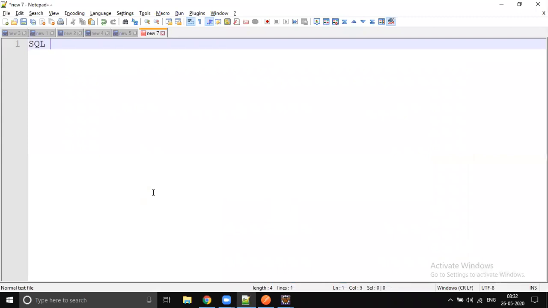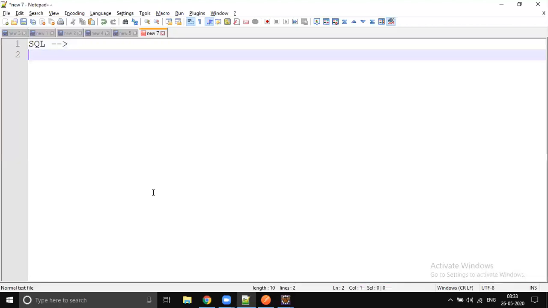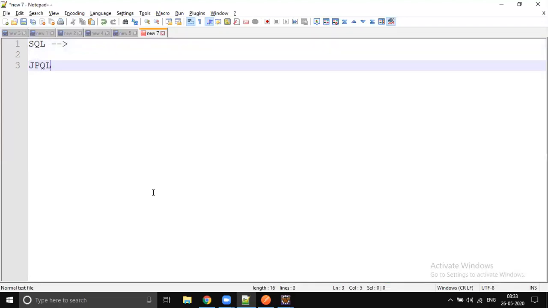So if it is native SQL, then it is an SQL query. But in Data JPA, we need not use SQL. You can convert that SQL into JPQL, right? So Java Persistence Query Language. So that is good, because the JPQL query you can execute on any databases, right?